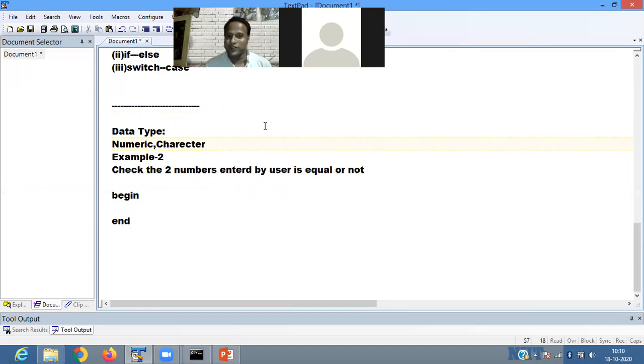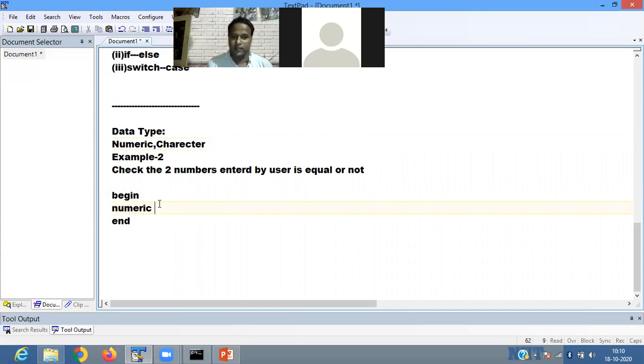So which data type do we have to define? Numeric, I think. Yes, good. So here we have to define the numeric data type.